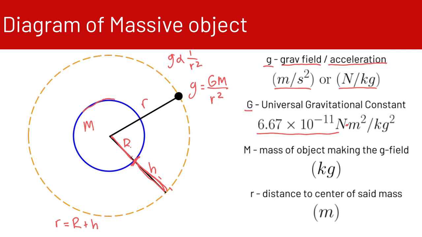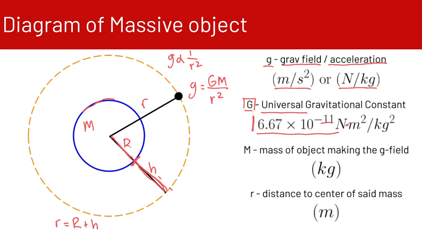This is universal. So this value for G is true all over the entire universe. No matter where you measure this value G, you will find this value to be true no matter where you are. And this value is very, very tiny. This is a very small number. This makes gravity a very small force. Gravity is the smallest of the four fundamental forces that exist in our universe. You'll notice that this is 10 to the minus 11.